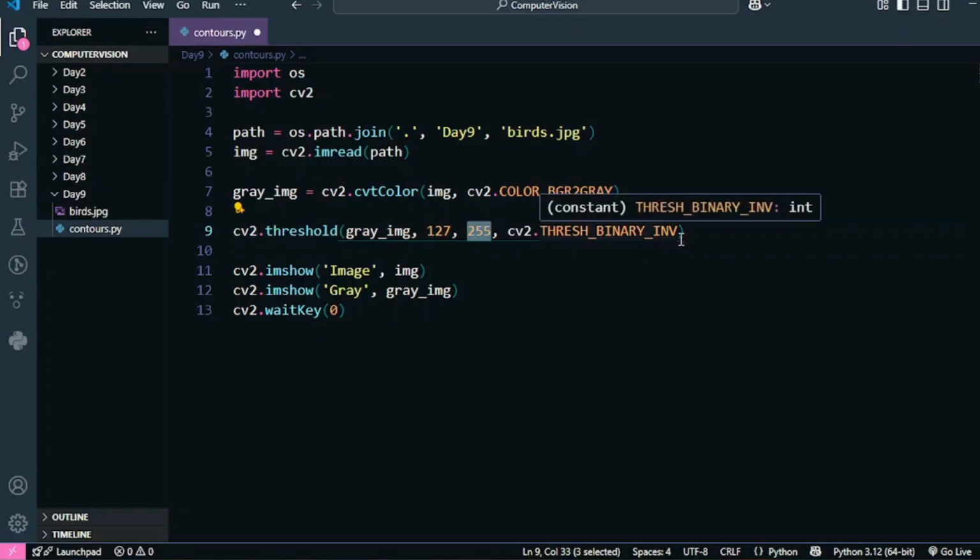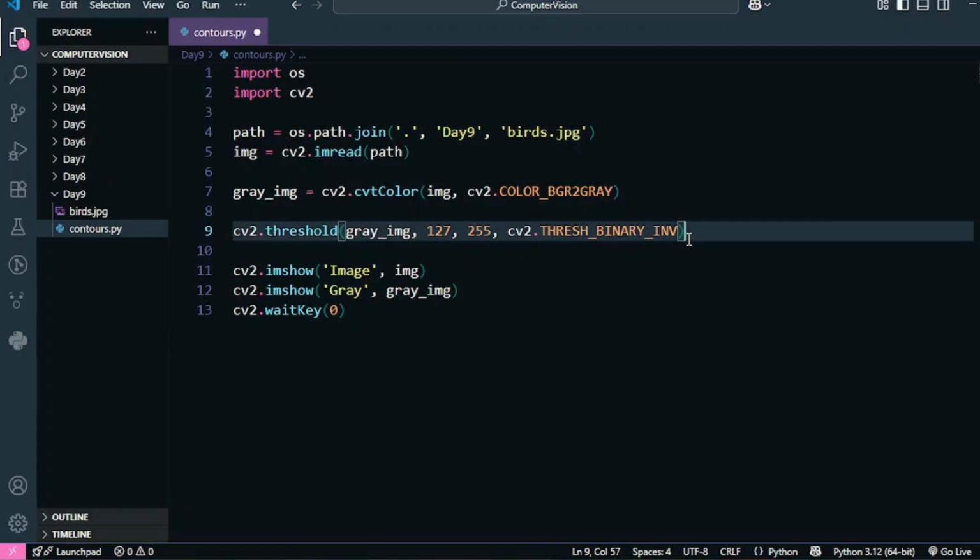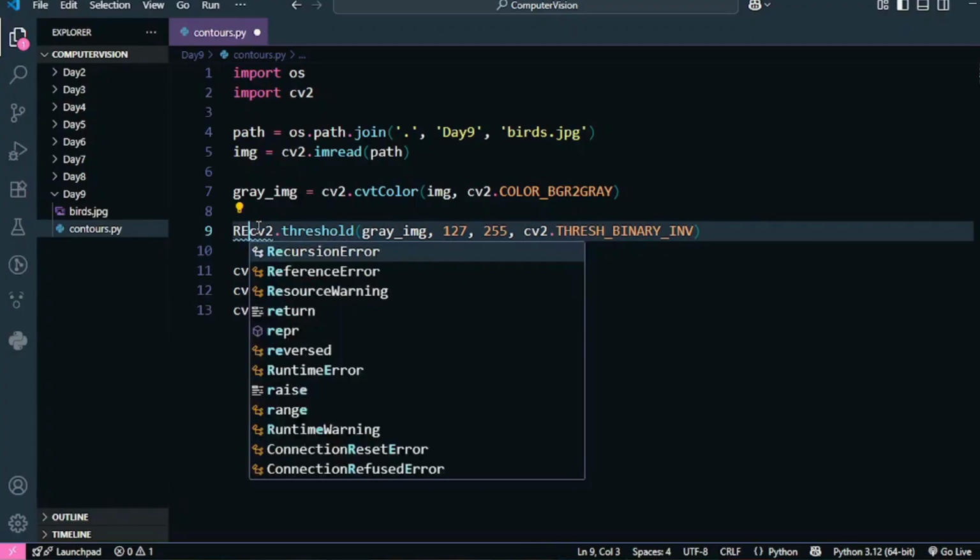But when I use THRESH_BINARY_INV, I think you guys got an idea. Inverse means the opposite. So all the pixel values that are less than 127 will be converted to 255 or the white pixel, and all the pixel values that are greater than 127 will be converted into a black pixel or a 0 pixel. And this is exactly what we want, to convert our black objects into white objects. See, this is literally going to be magic.